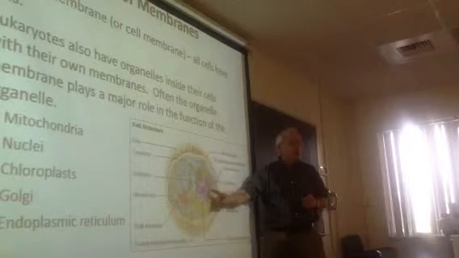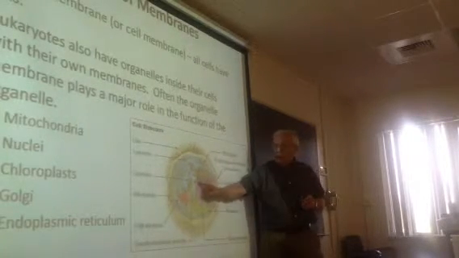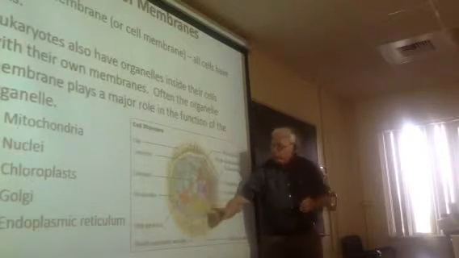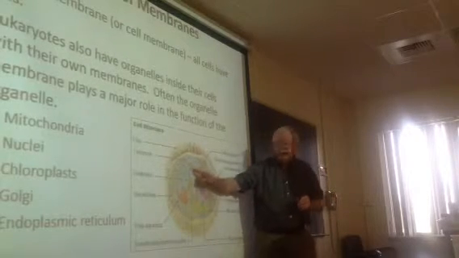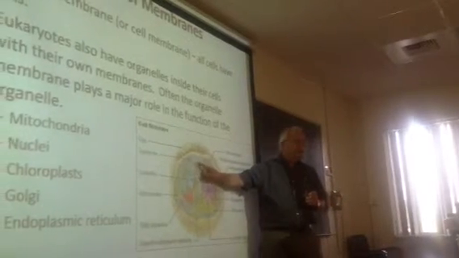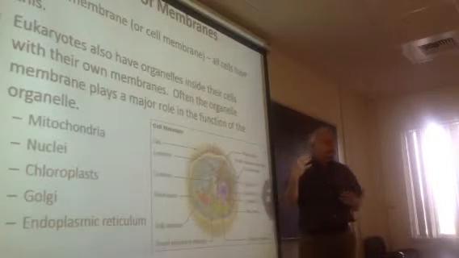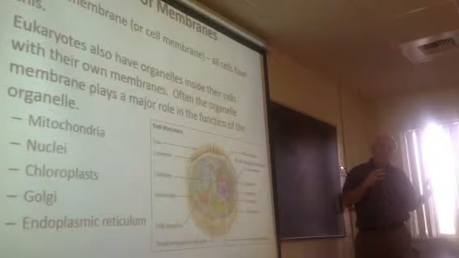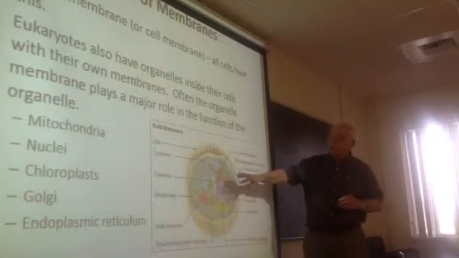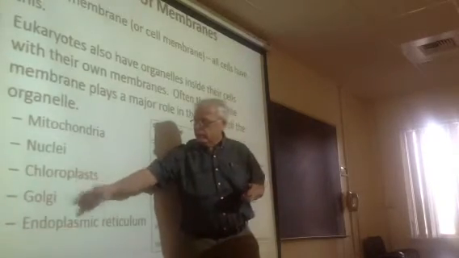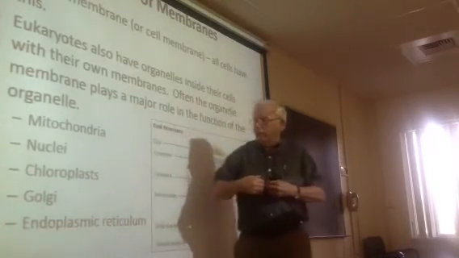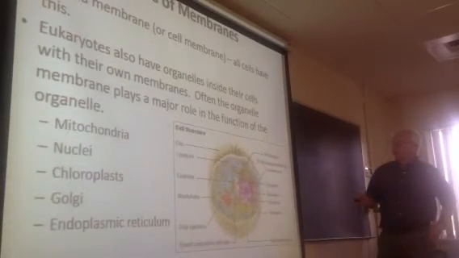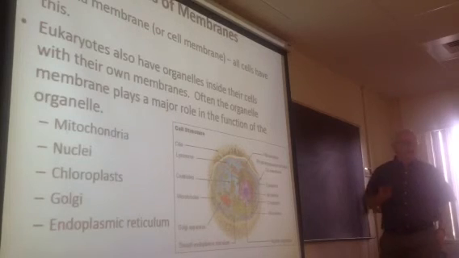If you look at the nucleus where we keep our chromosomes and DNA, it has a double membrane around it too. There's the plasma membrane, there's this membrane, there's mitochondria. Mitochondria have two different membrane systems, an outer and inner. So eukaryotes are way more complicated when it comes to membranes. We've got internal organelle membranes. Plants have chloroplasts. We all have Golgi that are involved in secretion, endoplasmic reticulum, all kinds of vacuoles and things. So you can't just talk about